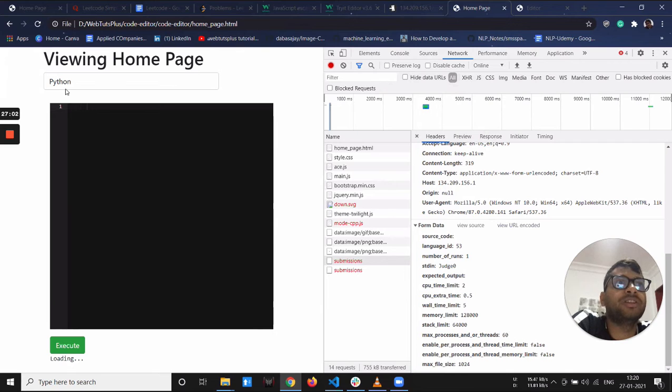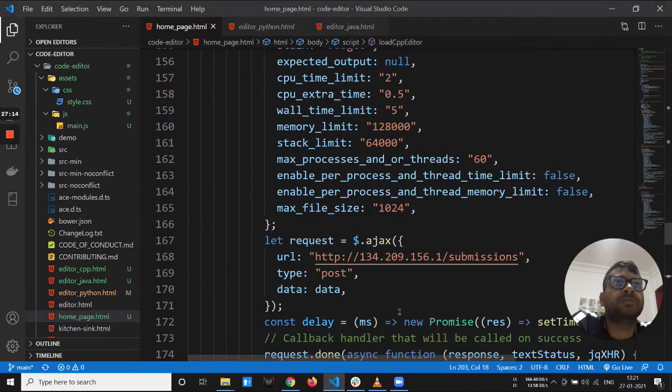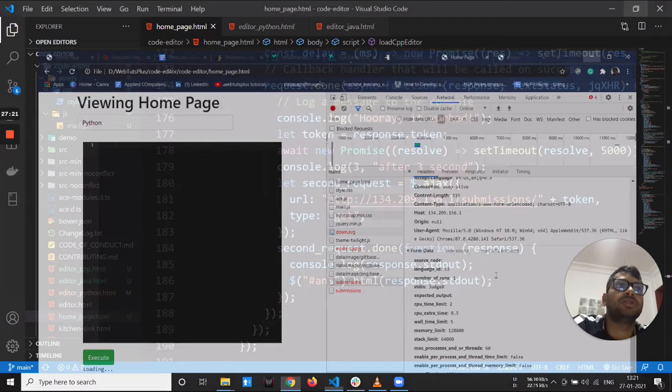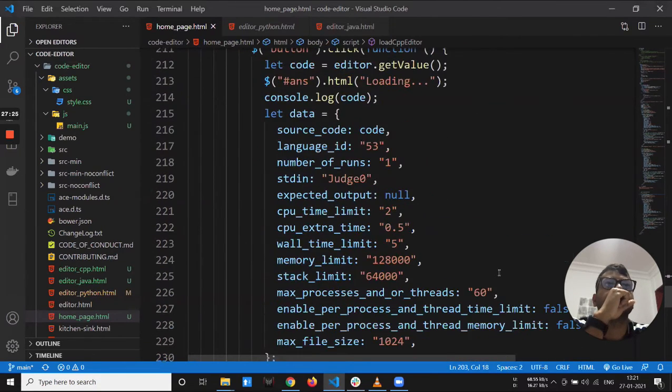It should be 70. Python is 70. So why are you sending 53? Just debug it quickly. Print something there and check why you are sending 53. Print in the code when you trigger it and see how you are setting it.